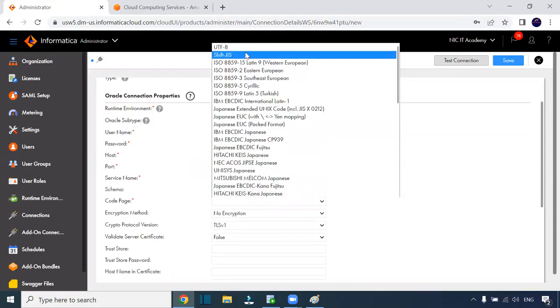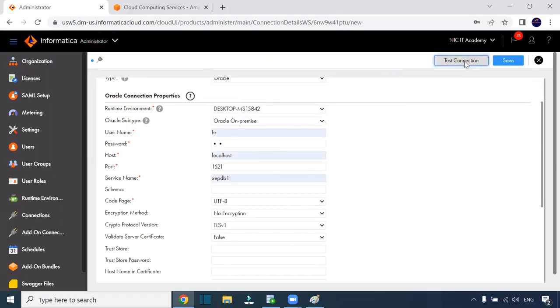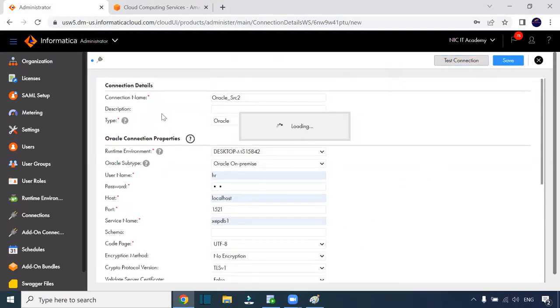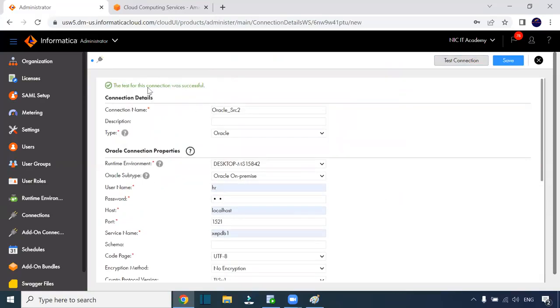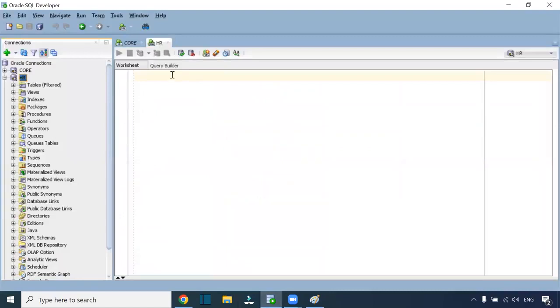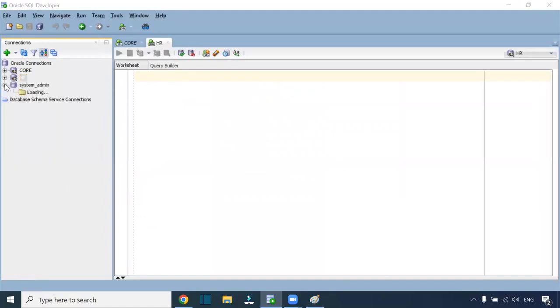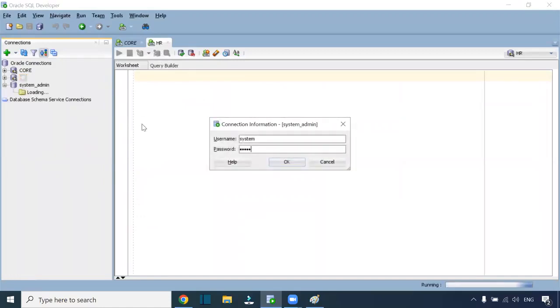For code page, you can use any code page. I'm using UTF-8. Just click on test connection, and it should be tested. Here you should get success. If you are able to connect here, then definitely you have to use the same connection. If the HR schema is in a locked state, or you are not able to connect,